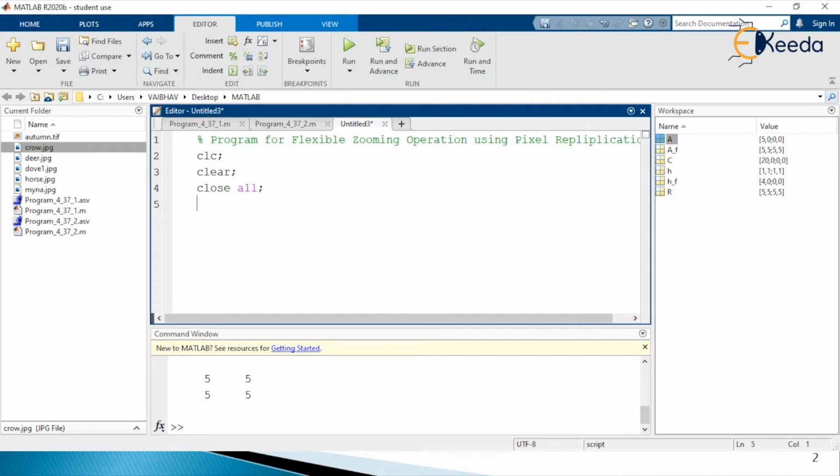and then there is a requirement of the image to be read as the input image for performing the zooming operation. So I just write read the input image for zooming here.